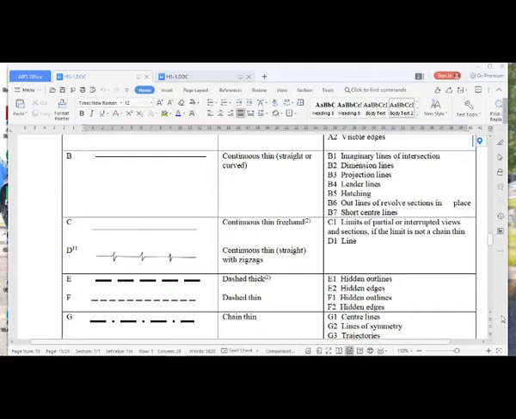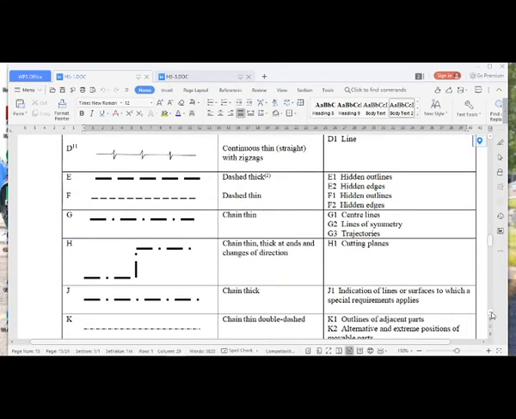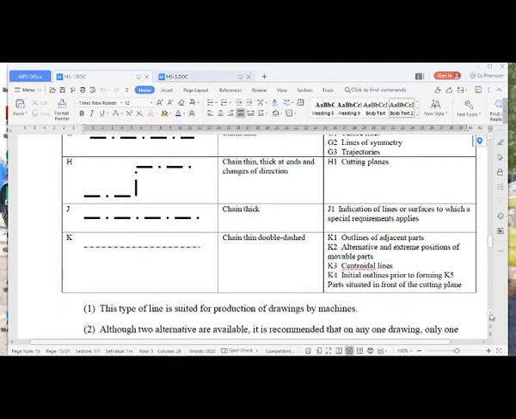A chain line. It is used to represent center lines, lines of symmetry, trajectories. Similarly, chain thin, which is for cutting planes. Similarly, chain thin, and it is used for indication of lines or surfaces to which a special requirement applies. Chain thick,